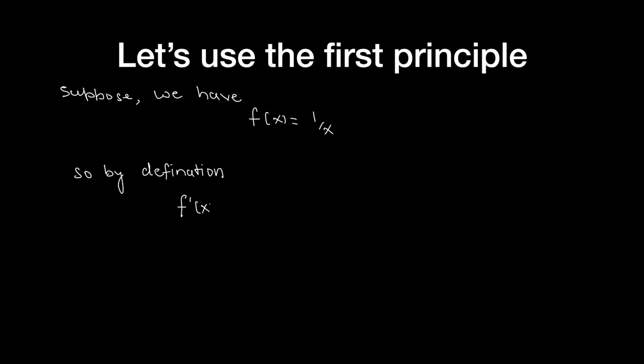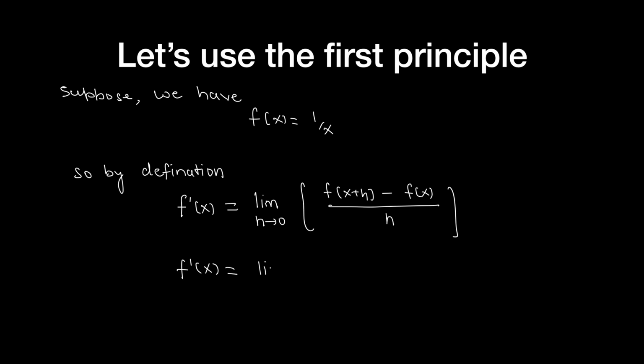Now that we have learned about the first principle, let's use the first principle to calculate some derivatives of functions. Suppose we have f of x equals 1 upon x. So by definition, I can write the derivative as f dash x equals limit h approaches 0 of f of x plus h minus f of x upon h. So f dash x equals limit h approaches 0 of 1 upon x plus h minus 1 upon